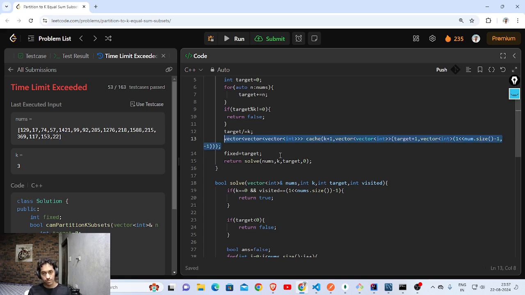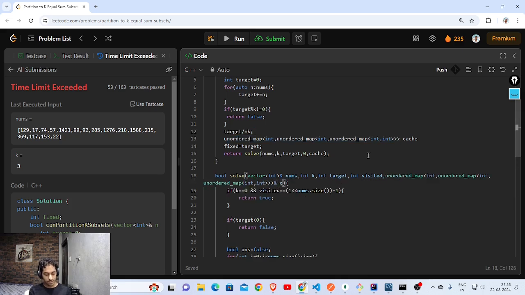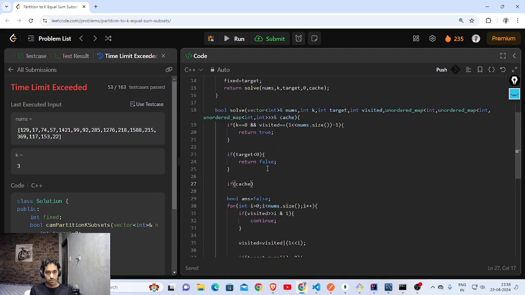By the way, there's a better way to use a map. But yeah, let's use a map. I think it's better. Unordered map. Finally, another unordered map. Cache. Let me pass the cache here. I will pass this as an argument in my function as a reference. I'll call this cache. If cache has a key,